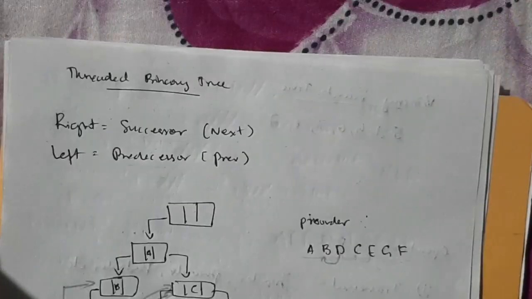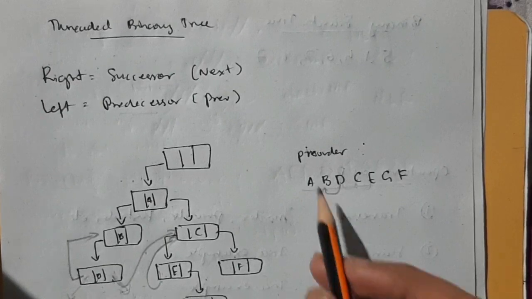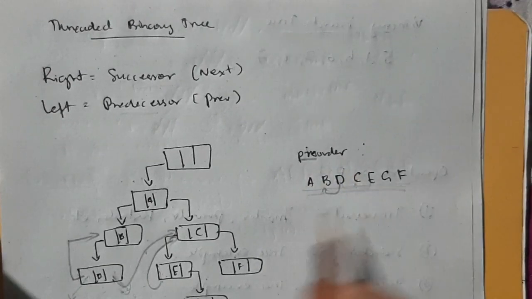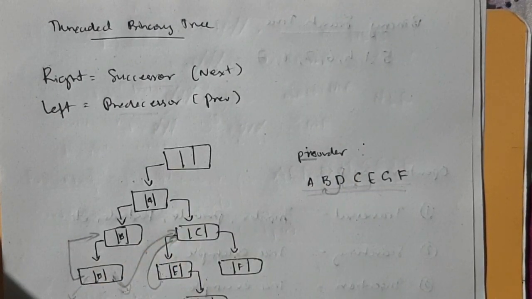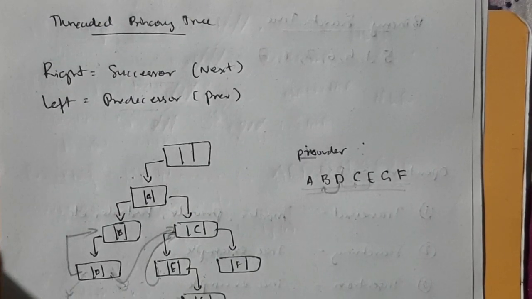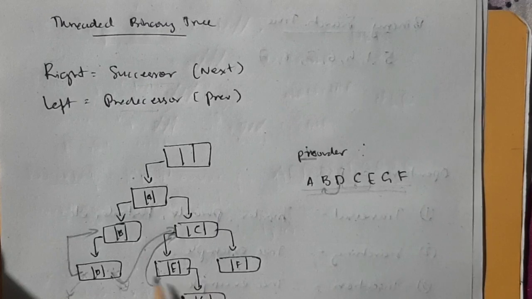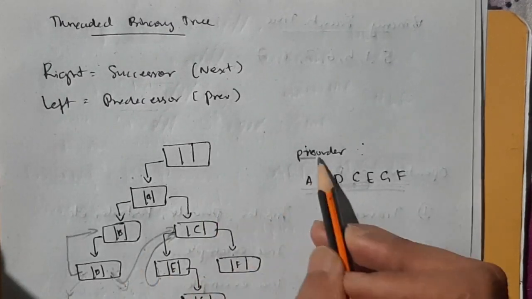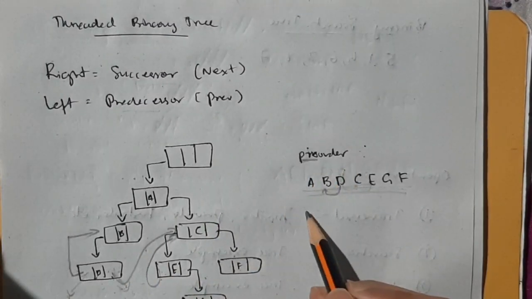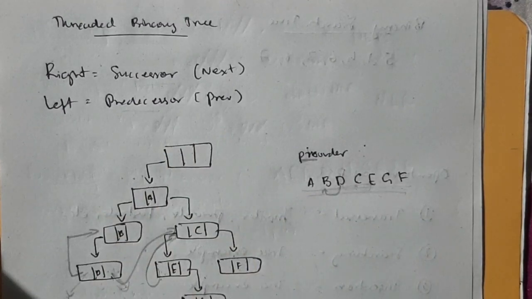So it depends on what threaded binary tree you are taking. If it is pre-order, you will write this one and make the connections in that form. The only thing in threaded binary tree is no link should be left empty. Wherever you see an empty box, no arrow is there, that time you have to look and make it. You have to write in order and post order for the respective binary tree.